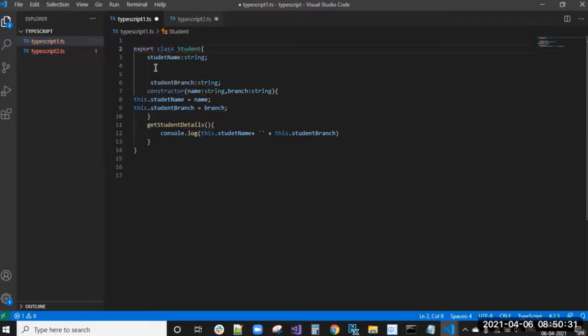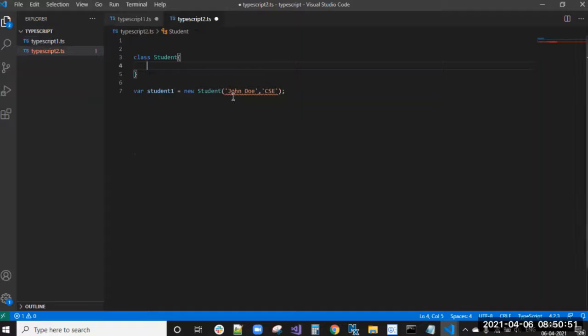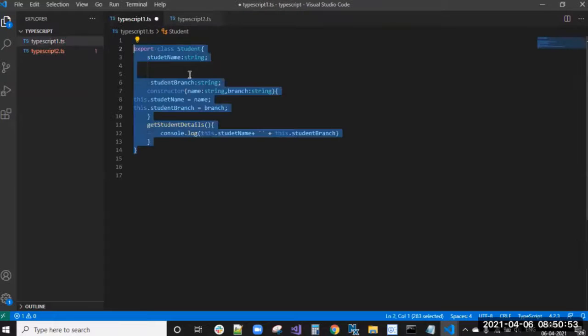By using export. So export class student, then it is exportable. So we can import this student in any of our TypeScript files and use the features of student name, student branch, and this get student details. All these things we can do.